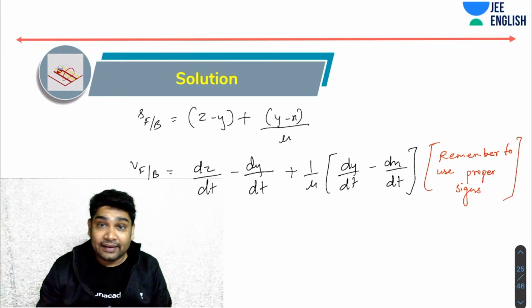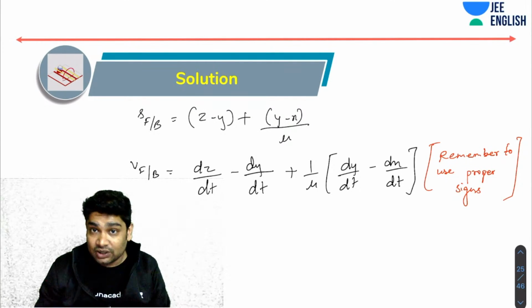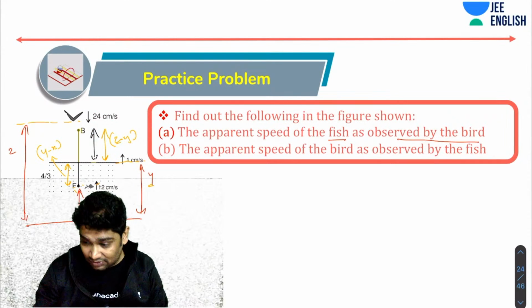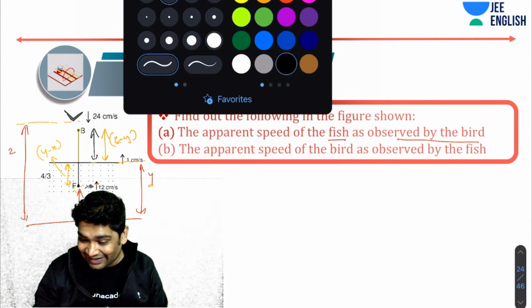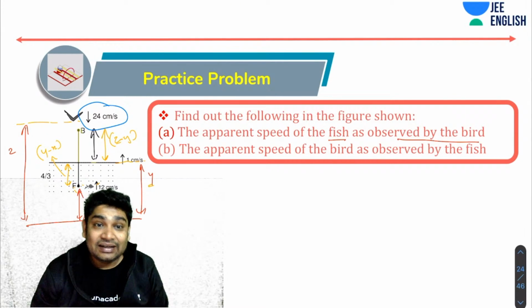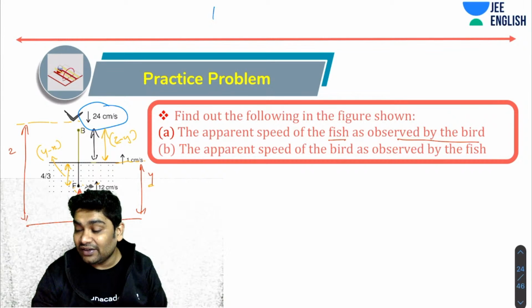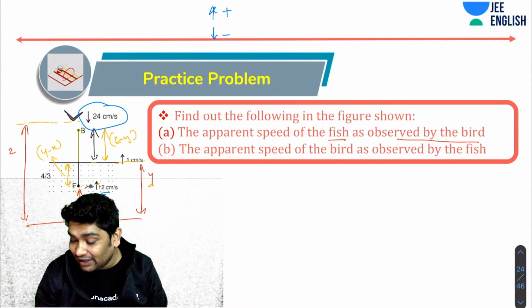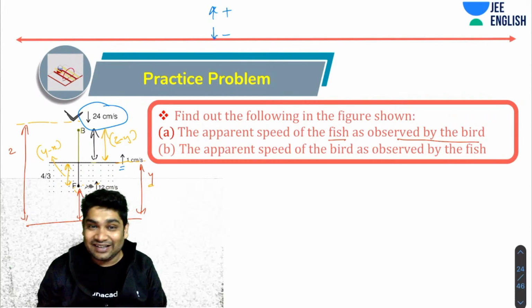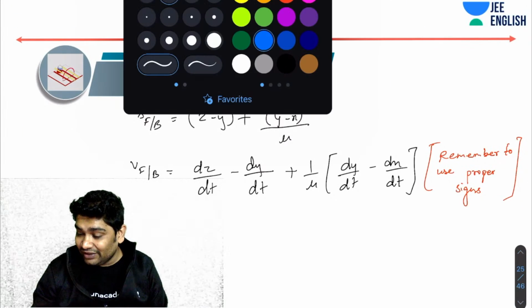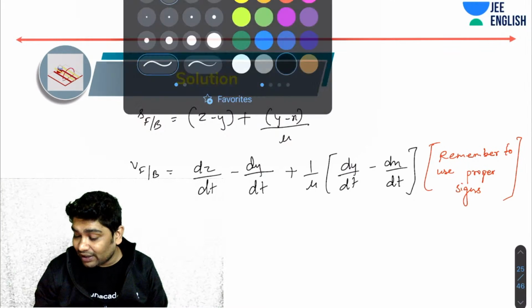तो अभी क्या करना है? ऑल यू नीड टू डू इज जस्ट पुट इन दी वैल्यूज। dz by dt ये आ रहा है नीचे, ध्यान से देखो सब चीज। ये कहाँ जा रहा है? ये जा रहा है नीचे, तो z रिड्यूस हो रहा है, तो dz by dt नेगेटिव लेंगे। ऊपर का डायरेक्शन हम पॉजिटिव लेने वाले हैं, जो भी चीज ऊपर जा रही है वो पॉजिटिव, जो भी चीज नीचे आ रही है वो नेगेटिव। फिश कहाँ जा रही है? फिश ऊपर जा रही है तो ये पॉजिटिव ले लिया, पानी कहाँ जा रहा है? ऊपर जा रहा है तो ये पॉजिटिव लेंगे, ठीक है? एज सिंपल एज दैट।